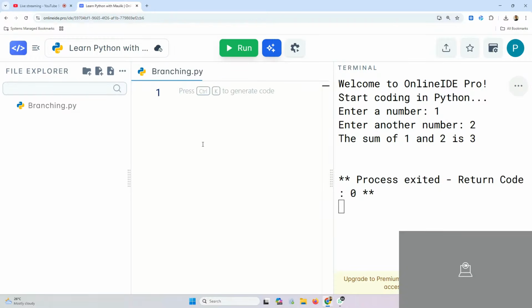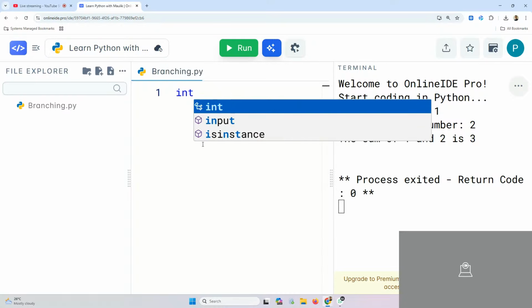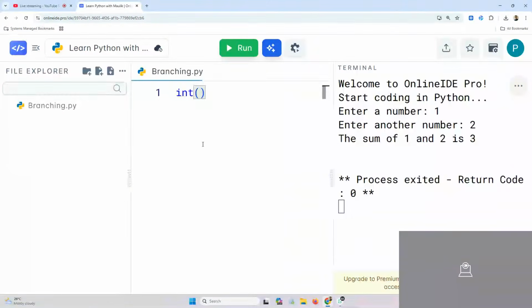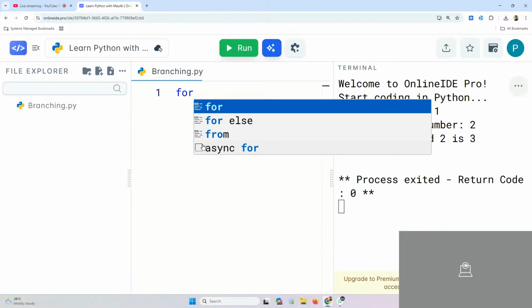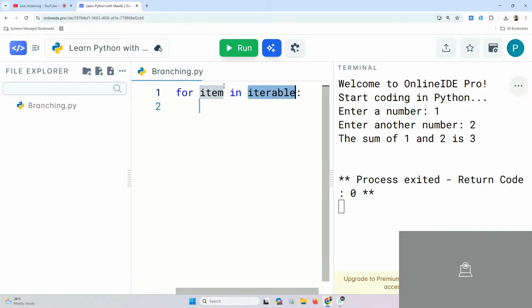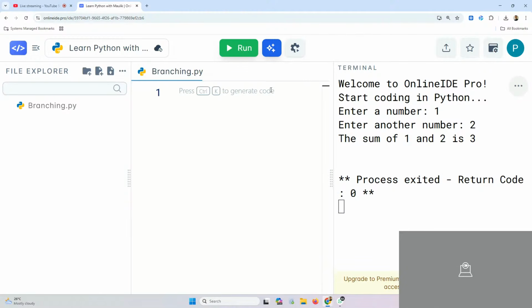Then you learned how to take input by using the input function. Then you also learned how to convert a string into an integer by using the int function. After learning all this, we learned about the for loop, for example, for i in range. Now, after learning all this, today I'm going to teach you a new concept, which we call